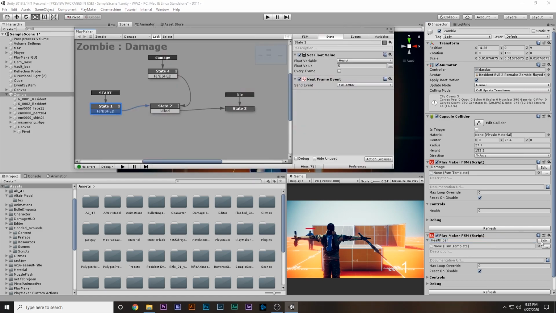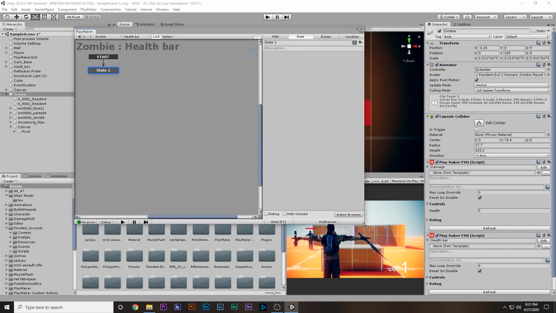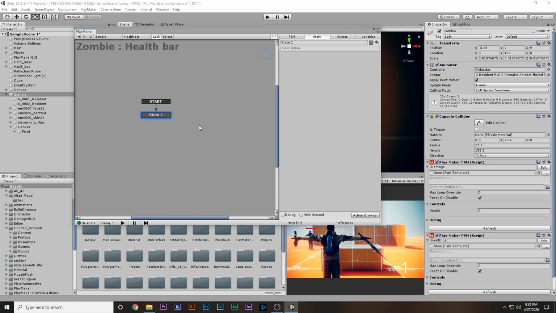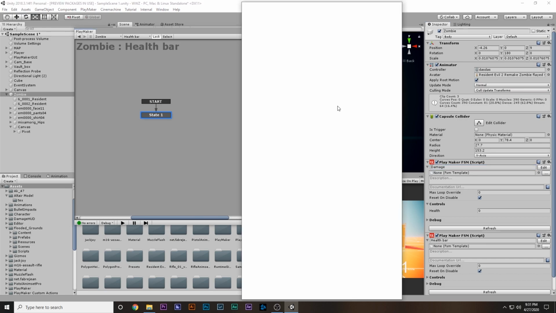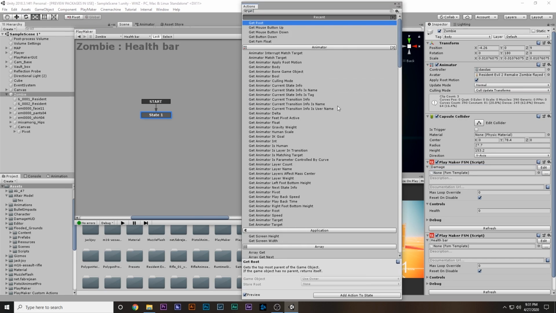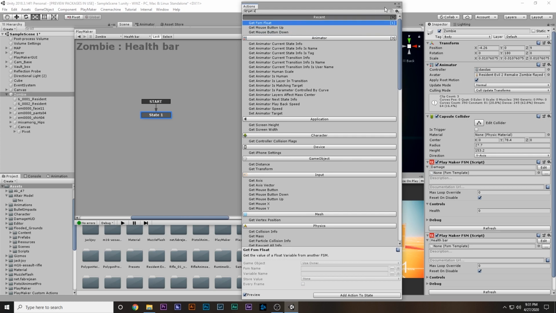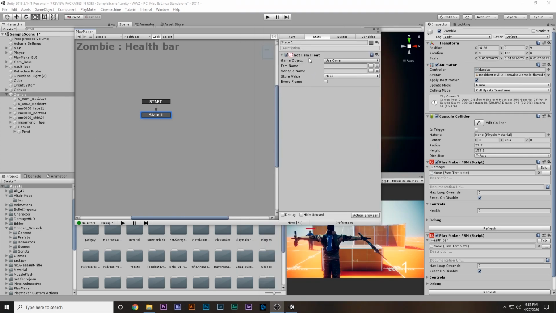So I'm gonna go ahead and say edit, and this is a brand new FSM that we get over here. Now the first thing that we want to do is we want to get the health variable that we have in the damage FSM. So how do we do that is we say get FSM float, and the game object that has the FSM is the user owner, the zombie. The FSM name is damage, so I'm going to simply copy the name and paste it over here. The variable name is health, and I'm going to store this one into a new variable called health